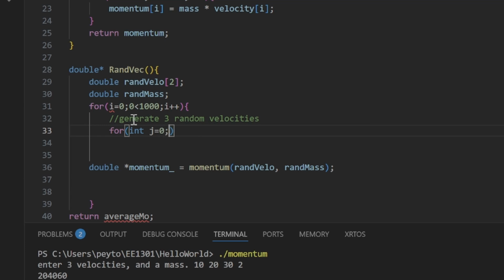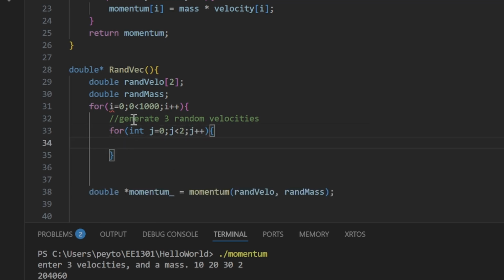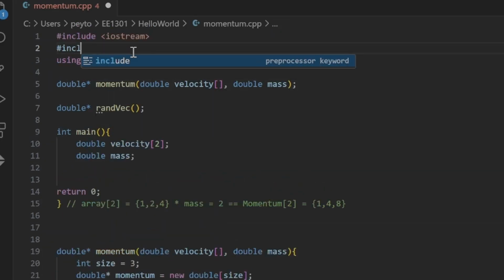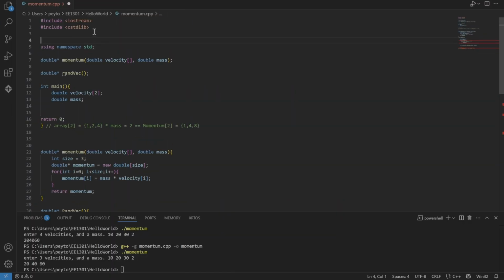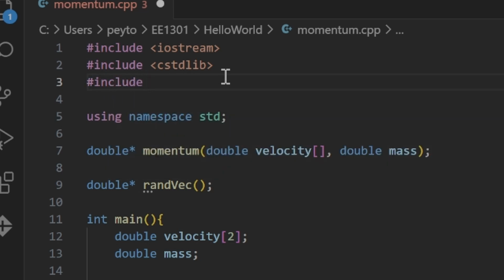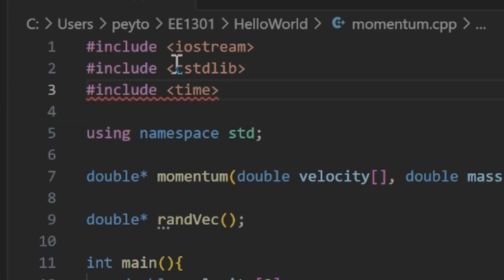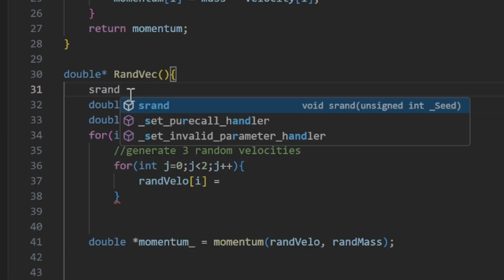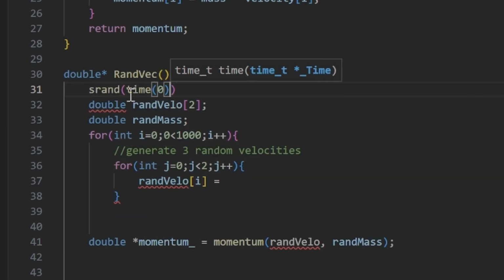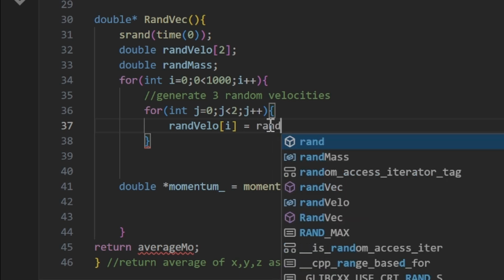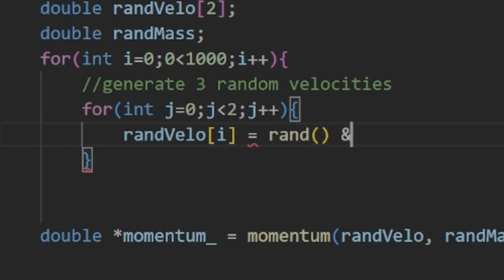int j equals 0, while j is less than 2, j plus plus, and then we're gonna have rand velo i equals, alright, first include C standard library. Next thing, include C time. srand time. They put a 0 here, I don't know why. Random velocity is going to be rand, and then percent